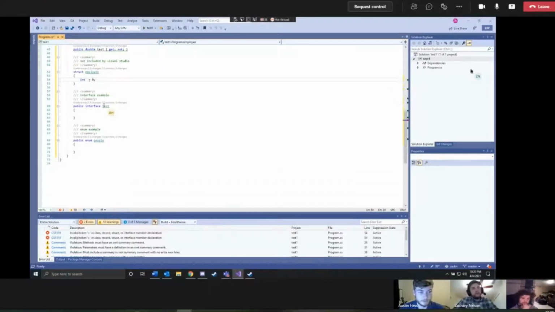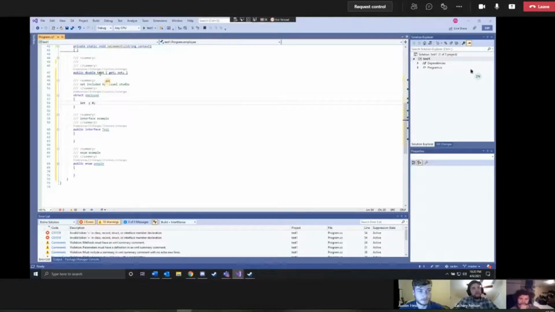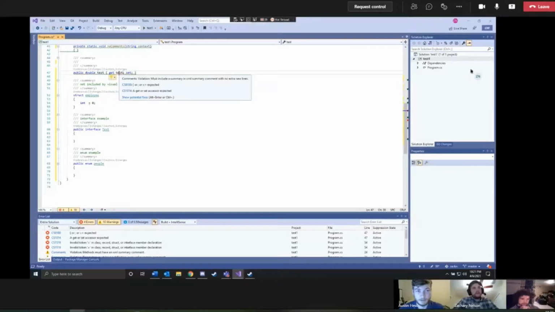Other things we were testing for is in the public get. So if the test were to refer to itself, it would throw an error right on here saying